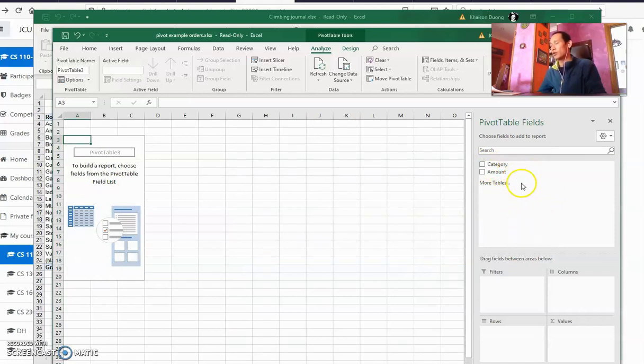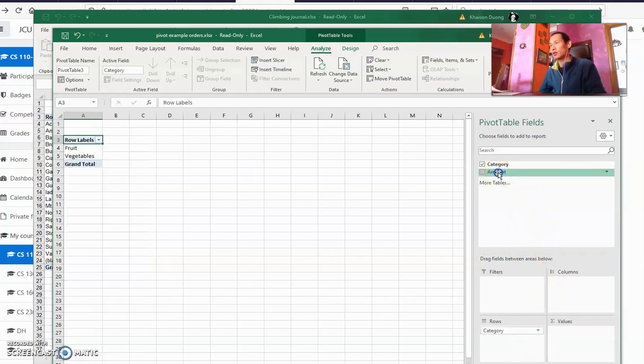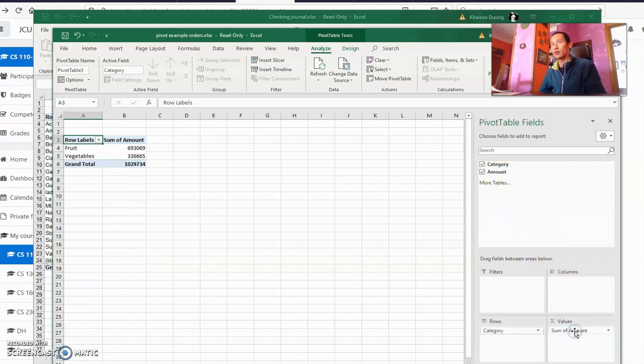And you can do that. However, the only thing is if I want to change my question, for example, if I want to know the different types of vegetables like broccoli and carrots and stuff like that, now I don't have that available anymore because I didn't select it. Okay, anyways, so just dealing with this one specific question, I want category, and I want to take amounts, and you can see that fruits make much more in sales than